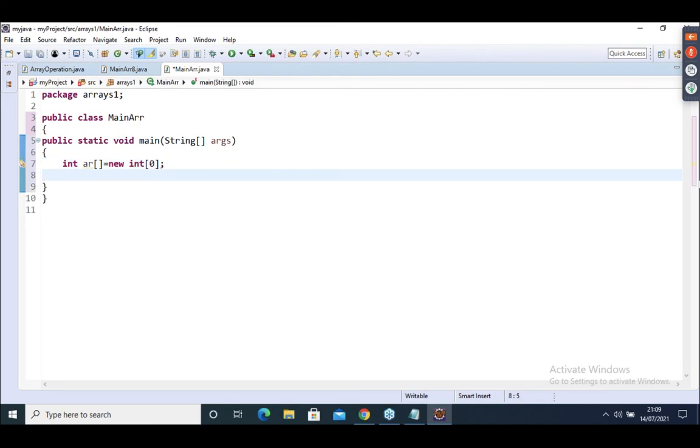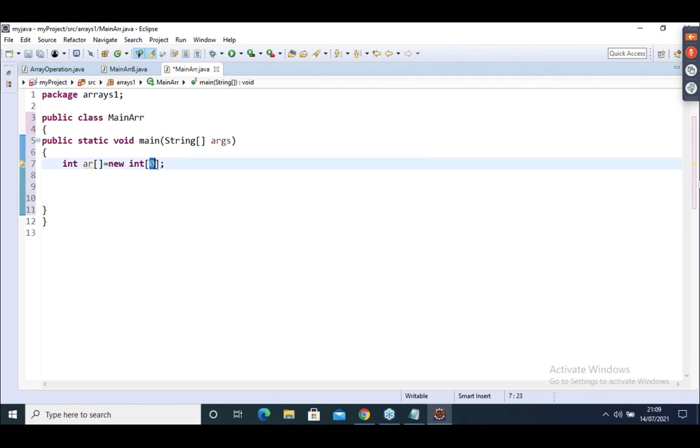You specify like this, 0. It will not give any compile time error because you have to specify an integer. Even if you give a negative value, it will take it. There is no issue because the data type is integer. Size should be integer. If you give a double like 2.2, it will show the error. It may be negative or positive integer.